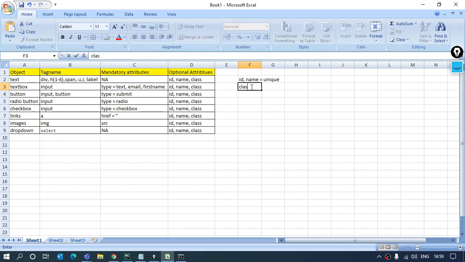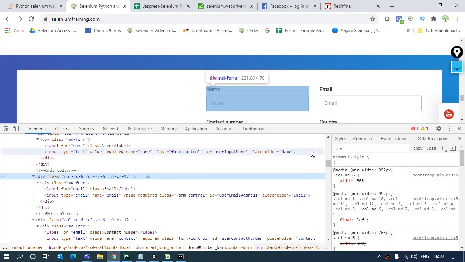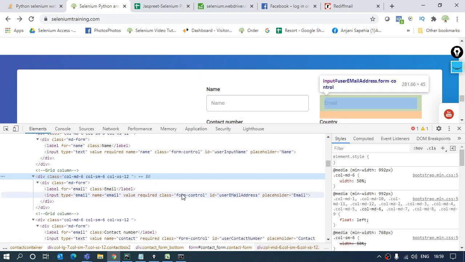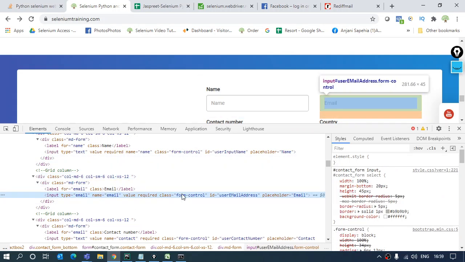Now talking about the class. Classes are basically used to give the look and feel to a particular element. Right, over here if I show you this form control class, it has particular specifications given: what is the width going to be for the text box, what is going to be the margin from the bottom and from above, what space is going to be given, what kind of text is going to be entered inside, what will be the background image. Likewise, there are some designing aspects given to the classes.